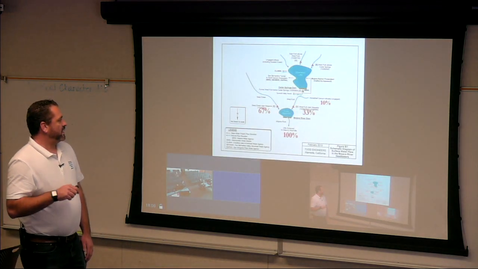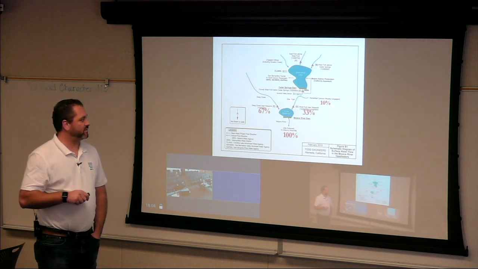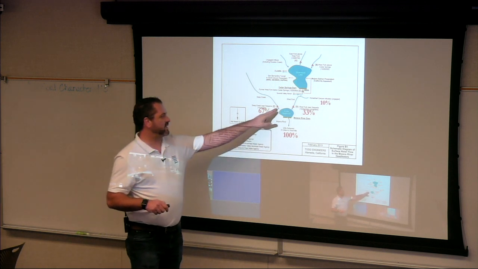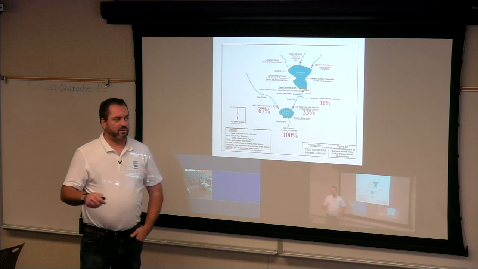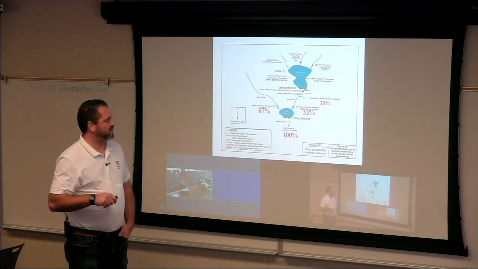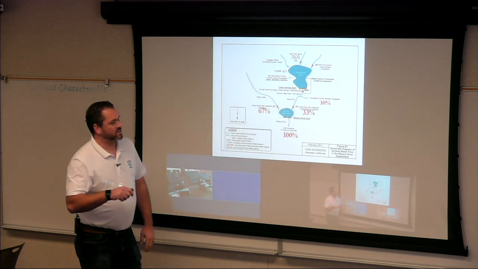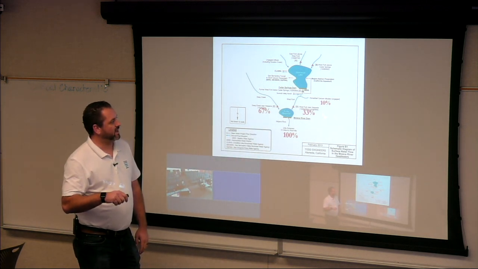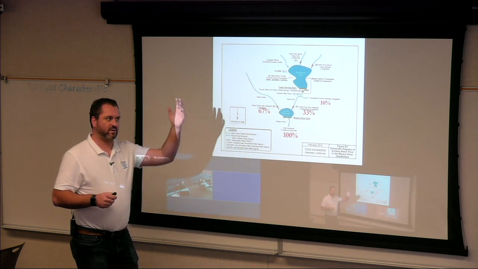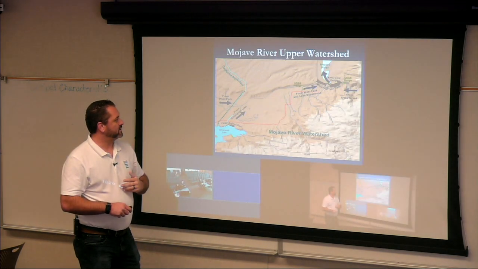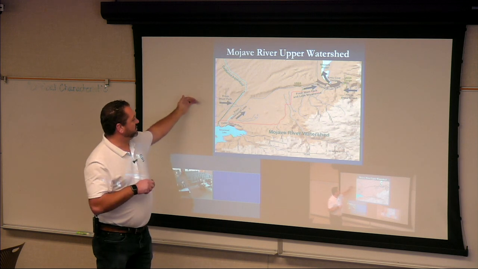So here's a diagram. We've been recording flow data, and we have two gauges. You always want to measure the gauges at the bottom of the tributaries to see where the flow is coming from. So Mojave Water Agency and USGS partner up to take readings from the West Fork gauge, which includes Silverwood Lake, all the drainage that flows into Silverwood Lake, and Horse Thief Canyon, which is further up the canyon past Silverwood Lake. There's still water that falls in that area. Let me go back right here. So past Silverwood Lake, this is Horse Thief Canyon coming in from past